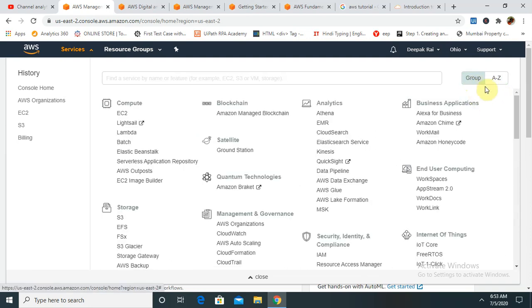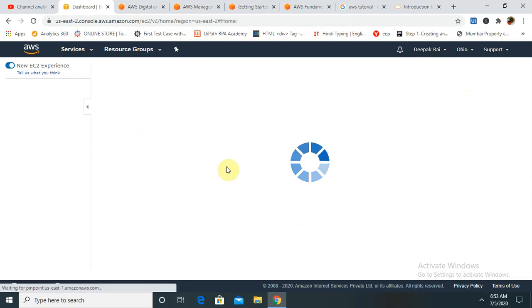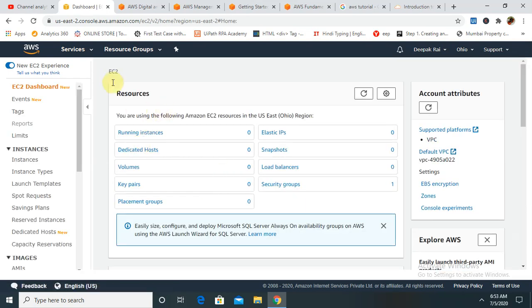Once you click on the group and want to have a look at EC2, because I have not created anything yet, I will not get anything. Just like resources, you can see what resources are available for your login credential.